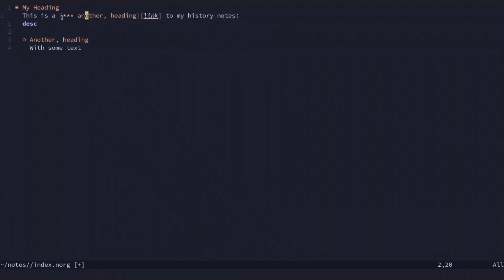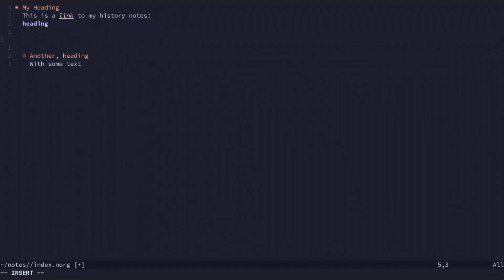Here, what we're doing is we're defining the link location first, which means it's the most important. We care about the location the most, and then we specify the name. Whereas here, we care about the name the most, and then specify the location. So if I put this location to be my heading, right? If I hit enter on it, it's going to take me there perfectly fine. But here's something cool that I can now do: I can come down and let's call this heading, right? And if I come down here and type try out the link to my heading without the location,